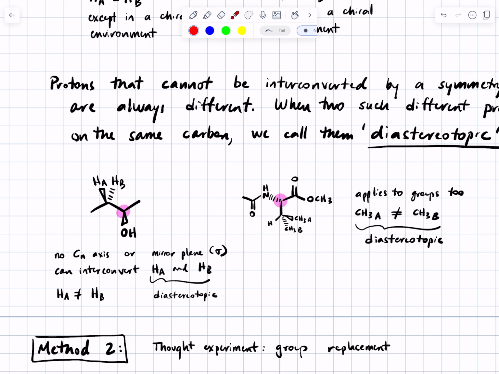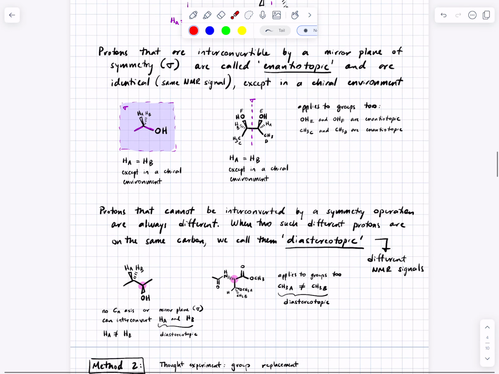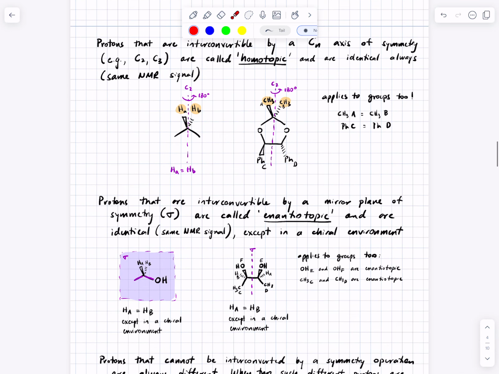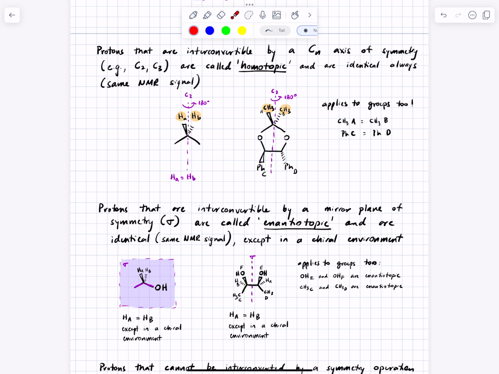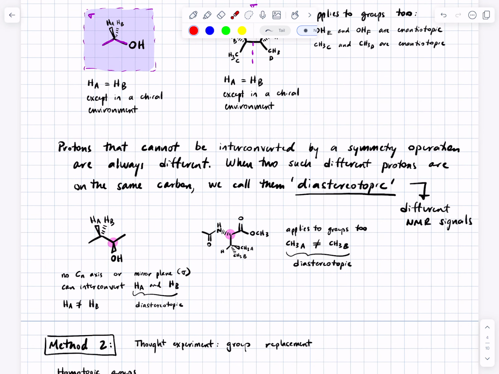So I think the symmetry method is really great for identifying homotopic and enantiotopic groups. Remember, homotopic groups are always identical, even in a chiral environment, and enantiotopic groups are identical except in a chiral environment. Diastereotopic groups are just always different. Now, method 2, which your text takes you through, and I don't want to spend too much time on it,